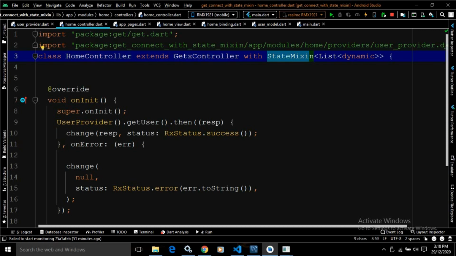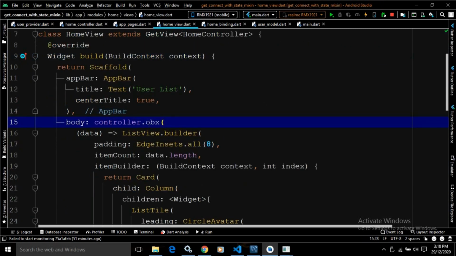So by using the instance of this home controller, we can call the properties or the methods of state mixin, right? And here in the home view, this controller.obx, this obx is provided by state mixin, and by using the instance of this controller we can call this obx. Let me show you here.